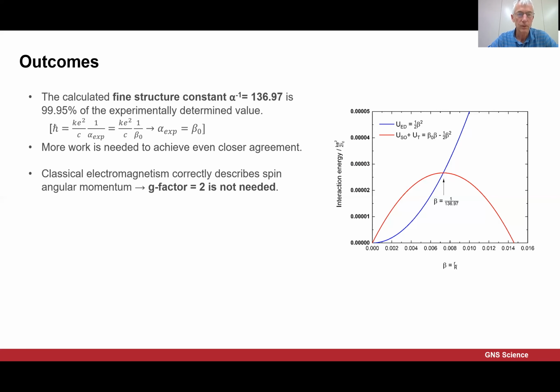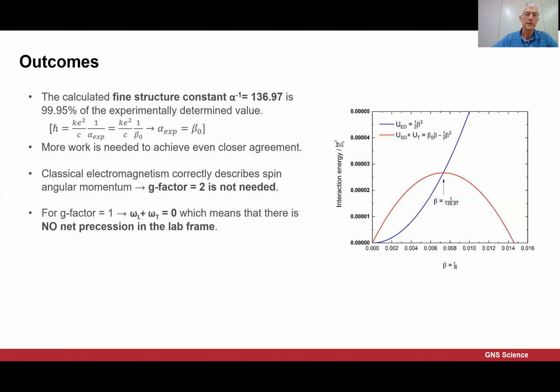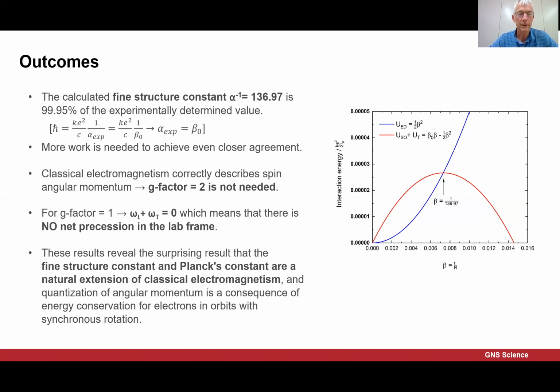In this approach, I have not used a g factor of 2. It was not needed. So this shows that classical electromagnetism correctly describes the spin angular momentum. And since basically I'm using a g factor of 1,